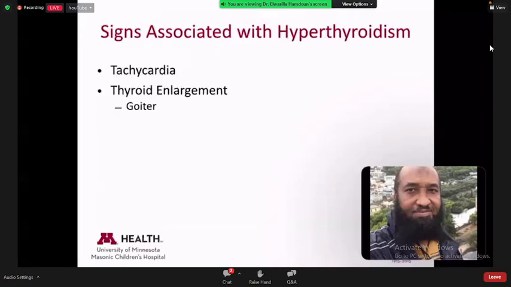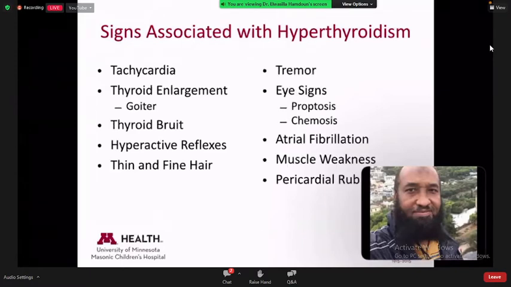Signs: tachycardia, thyroid enlargement, and then you can also hear a thyroid bruit by auscultation of the gland because of the enlarged, hyperactive, hyperemic gland. Hyperreflexia can be present. Hair problems, tremors, eye signs may or may not be present, but remember proptosis, where the whole eye structure is bulging or perceived as bulging because of the